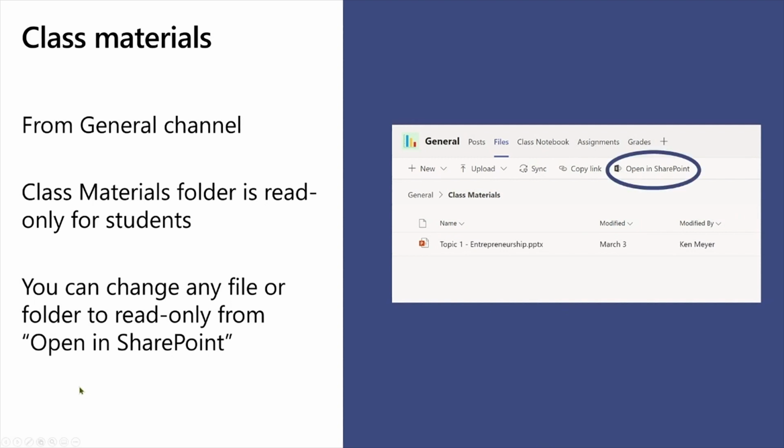Those of you that are familiar with Teams will know that Teams is a SharePoint site essentially, and you can go into the background, open that up, and start to change some of the permissions. But we won't dwell on that too much, but it's having the ability to add more than one read-only file if you needed to, so that you can change the way that people view it and access it.